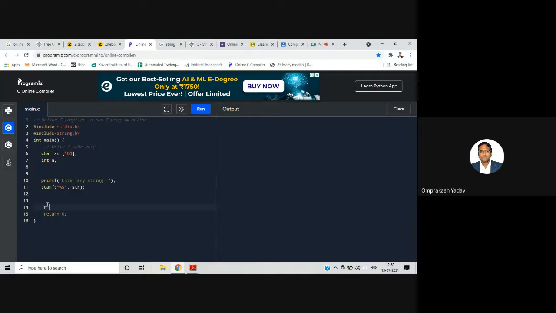In this n, we call the strlen function to determine the length of the string. So I'm saying strlen(str); it will give me the length of that string in n, and then we will print this.